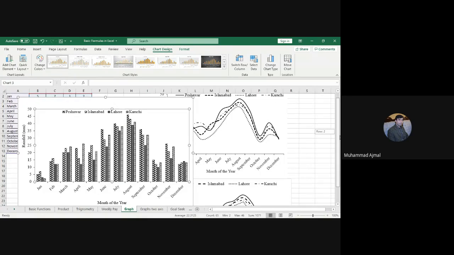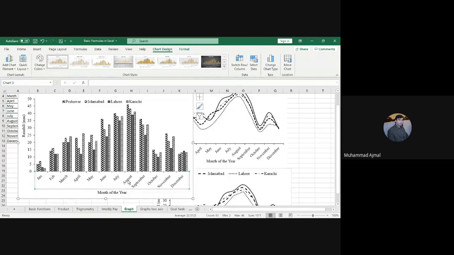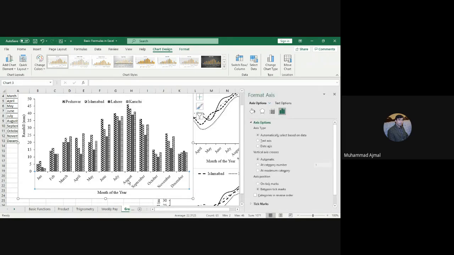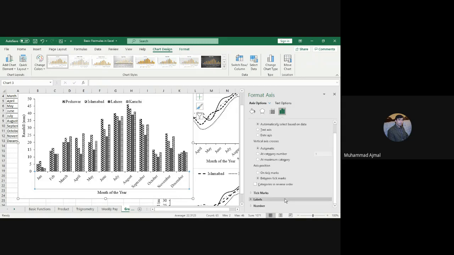And now you can also, if these values like in the x-axis, this January, February and March, you want to change the angle of them, if you want to change their orientation, then double click on it, and from where you can do it, let me see these labels. And if you look at the labels,